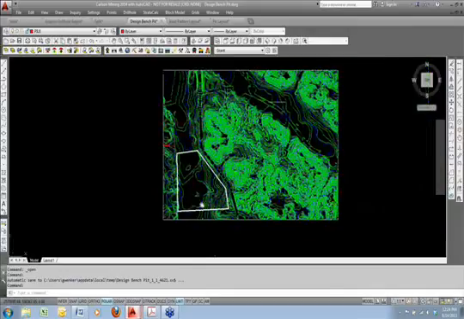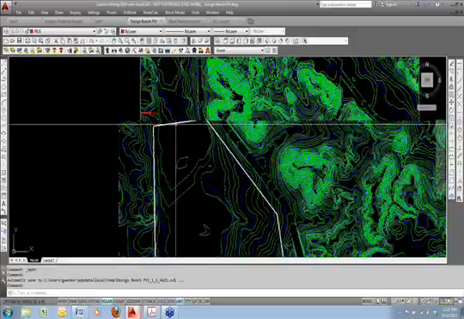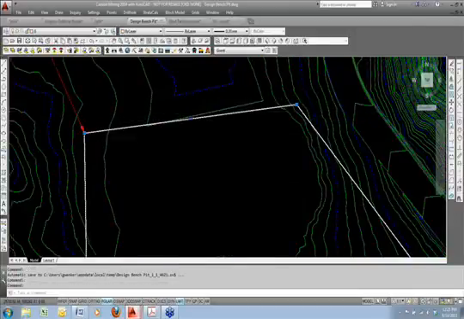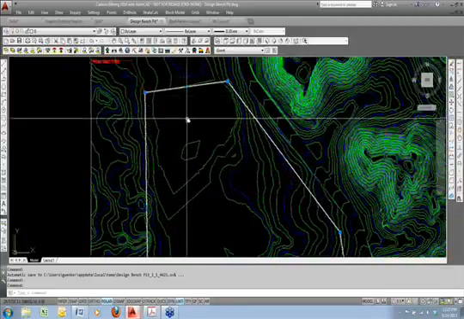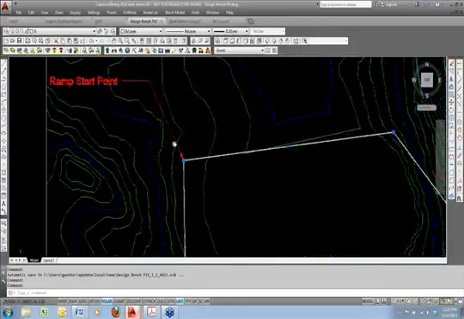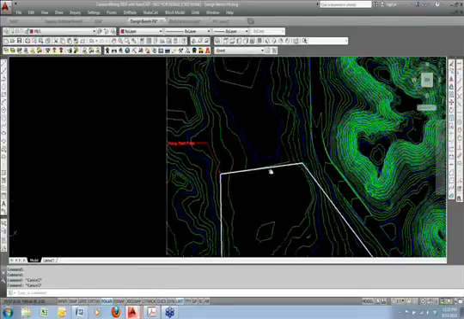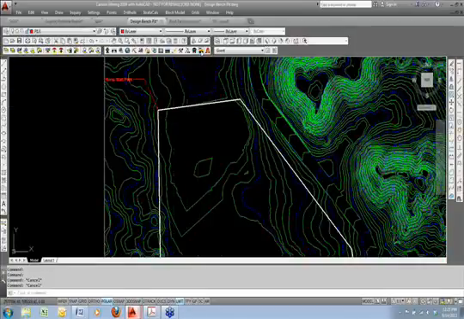Design bench pit. All I'm starting with is an inclusion perimeter, this white line, and we're going to cut the pit down and in from there with benches, and I'll pick this corner as my road or my ramp starting point. This command is found in the surface mining module, so I need to switch over, choosing the haul truck icon,